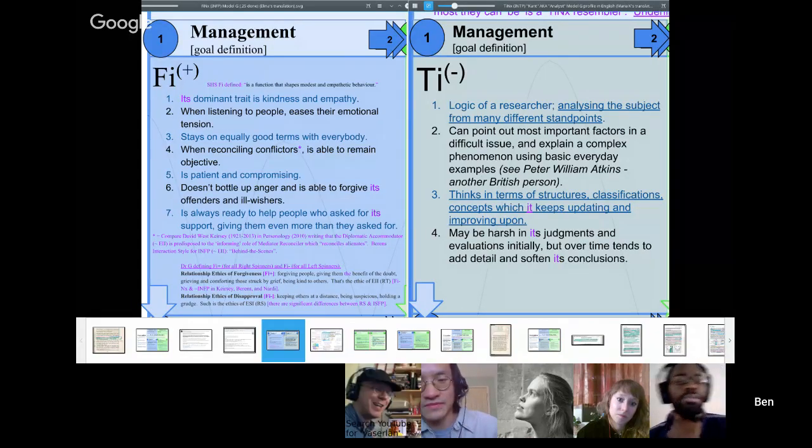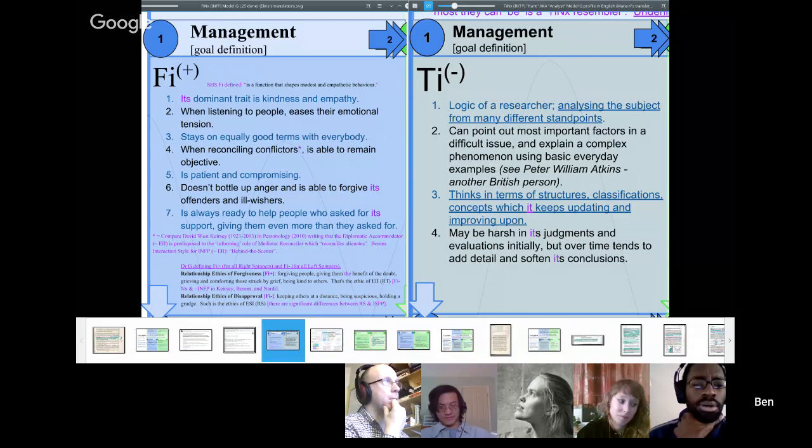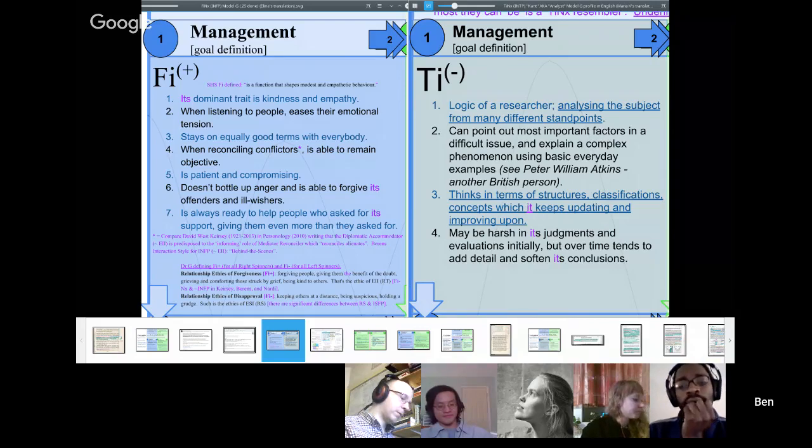Well, all of them somewhat, but in particular 4, 5, and 6 for sure. 3 sort of. I do stay on good terms with everyone, but I'm not actively trying to do that. If the situation comes up where the relationship is in question, then I will try to stay on good terms. But I'm not proactively making sure of it, it's not at the forefront of my mind.